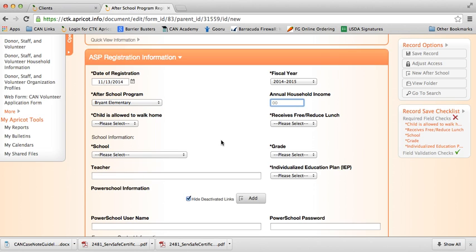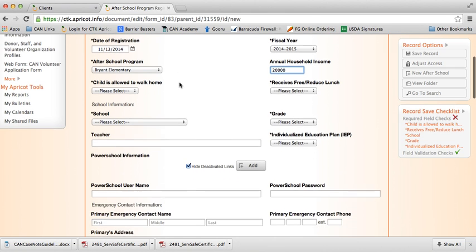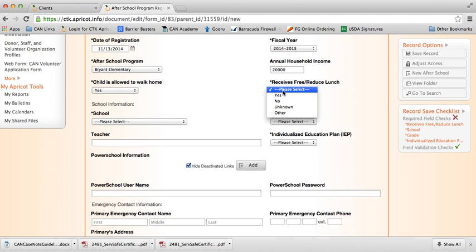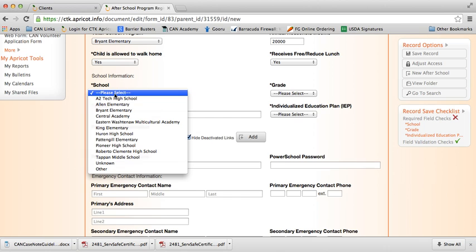And then we're going to add in the client's household income, whether or not the child is allowed to walk home or not, whether or not the child receives free or reduced lunch, and then the school in which that child goes to. If you don't see the school that the child goes to in here, you can always click Other,